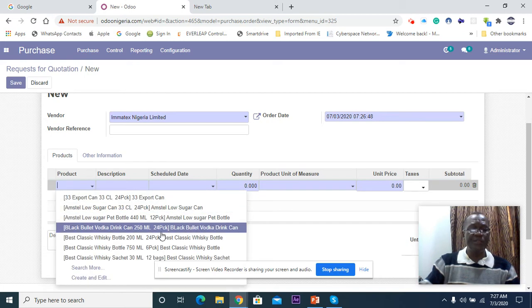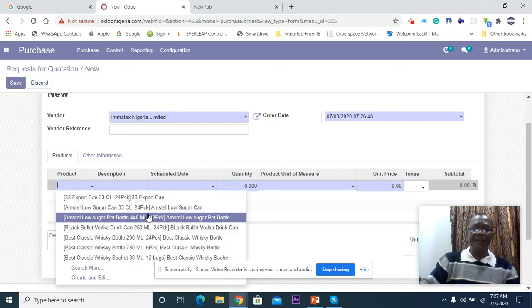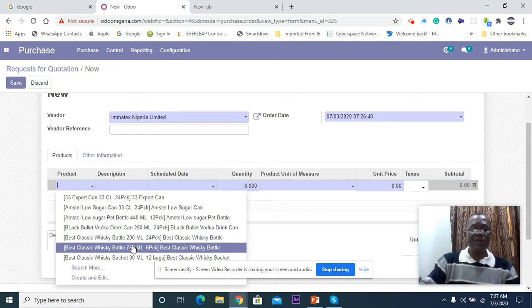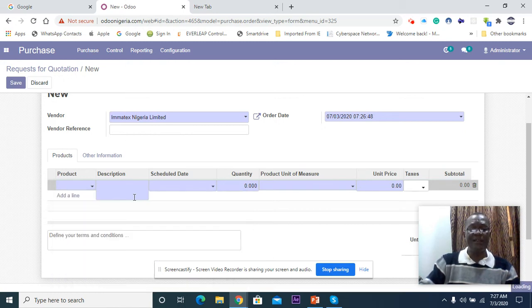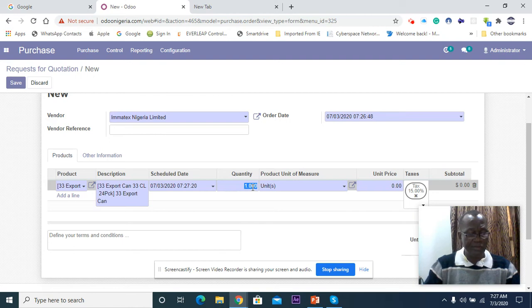So when you open here, you see all the product that we have defined. That's why we told you that our system is integrated. So these are all the product. For instance, 33 can here, we might want Ematex to supply us 33 can. You put the quantity you want him to supply us, maybe 200, okay, and then